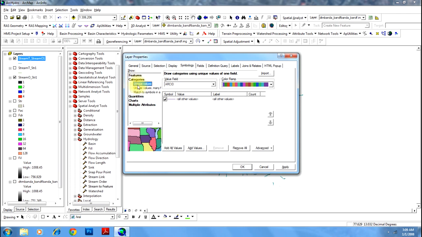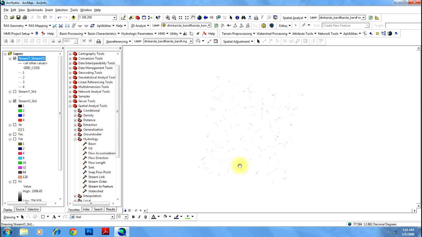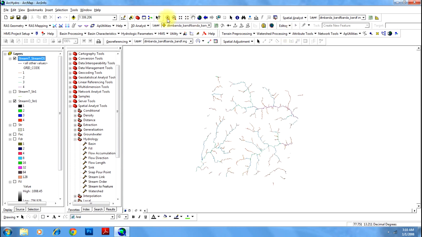You will go to categories and select unique values, and select grid code. Grid code is what you call stream order. You will click on that and click here, load all values. You can change the colors if you want. I'll keep the default and click OK. Now you have your ordered streams.